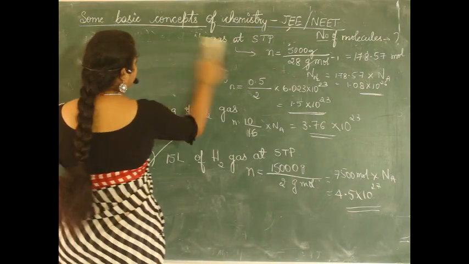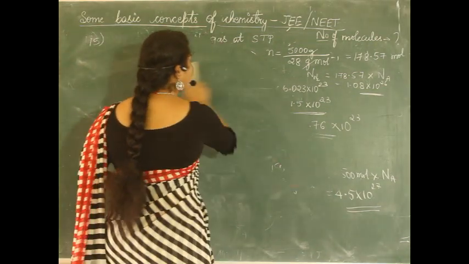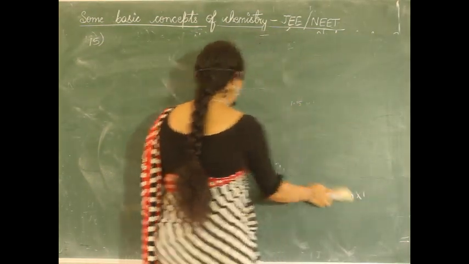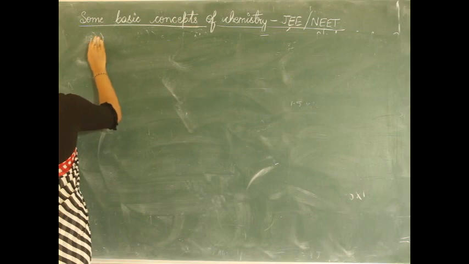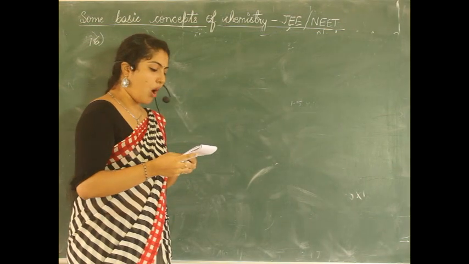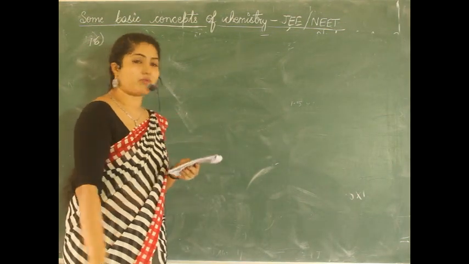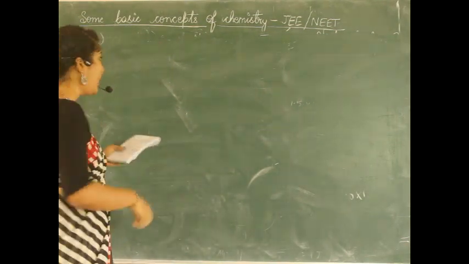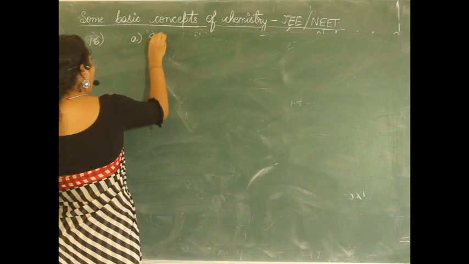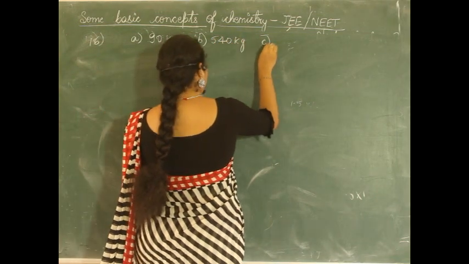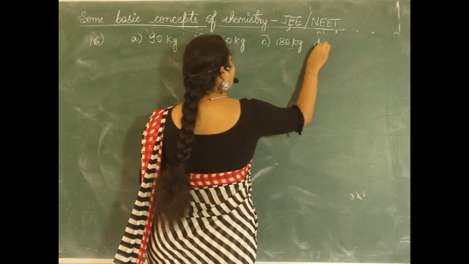Let's move on to the next question. In the next question, let us see the data given. The data given is the mass of carbon anode consumed, we're giving only carbon dioxide in the production of 270 kg of aluminium metal from bauxite by the Hall process. This comes under general principles and processes of isolation, which we shall discuss. Atomic mass of aluminium is given. Okay, let's see the options. A 90 kg, B 540 kg, C 180 kg, and D 270 kg.